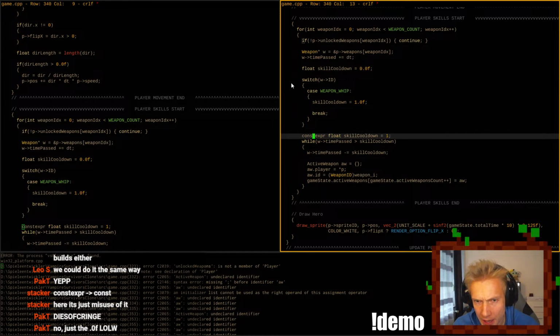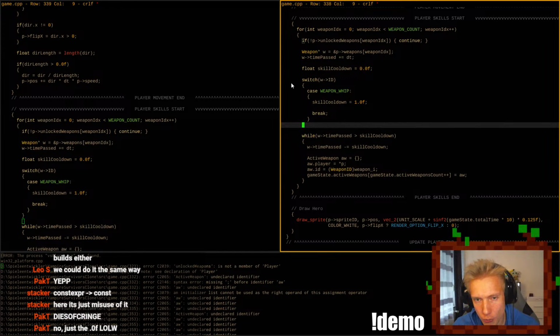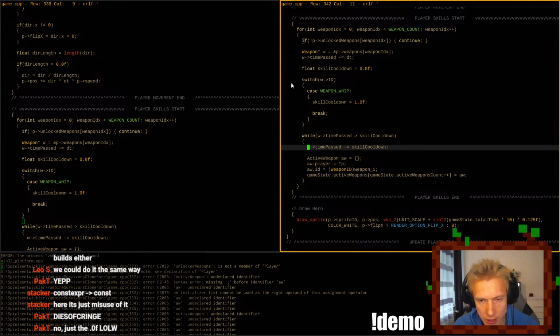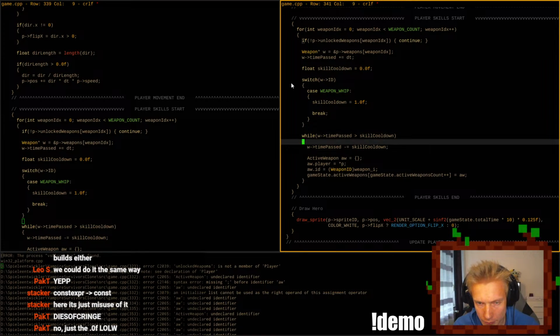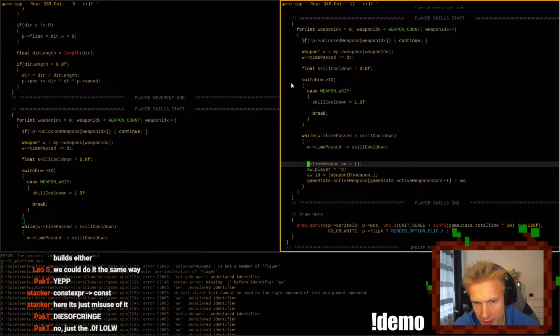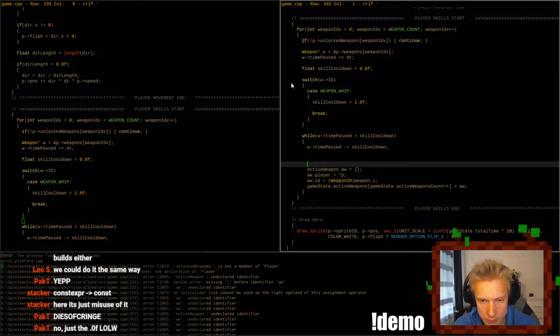Okay, so. And we say while time passed is greater than skill cooldown, we create an active weapon. So over here we create an active weapon. Oh, it's an active attack.